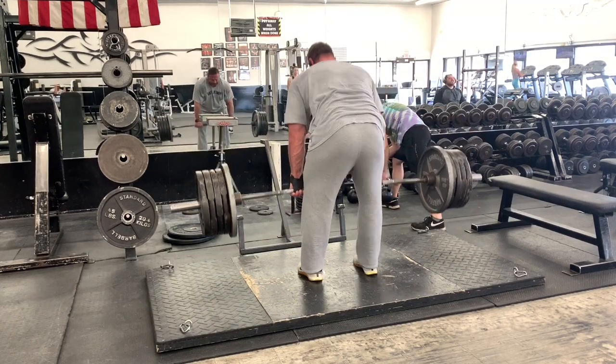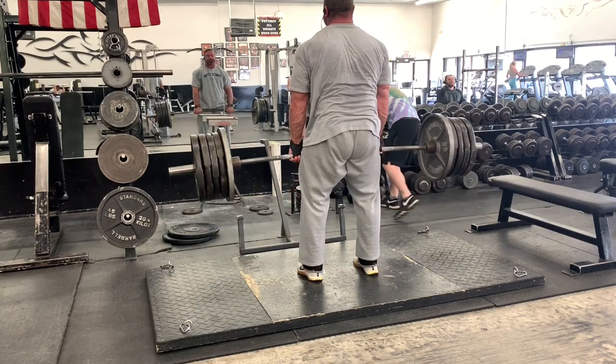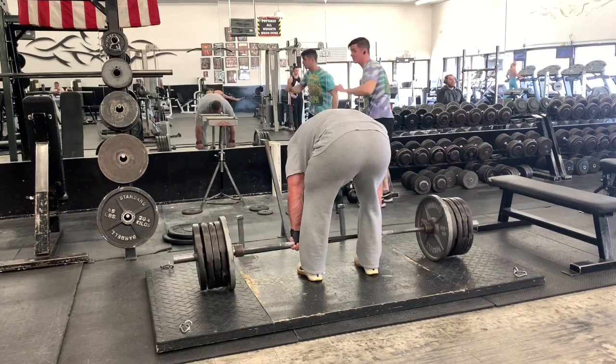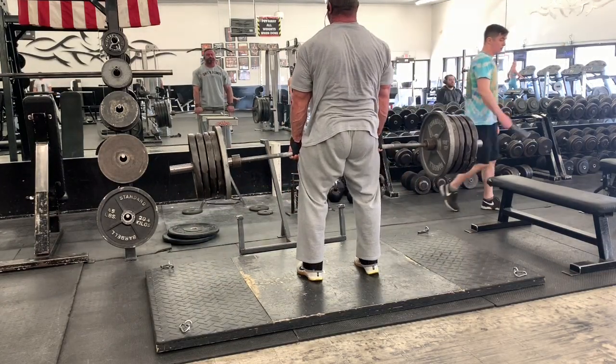And now what I'm doing on these is I'm just doing stiff leg. I'm not doing straight leg or Romanian deadlift. All I'm trying to do is a deadlift where my leg position doesn't change, where I don't really change the knee bend. I get a little change in knee bend there,